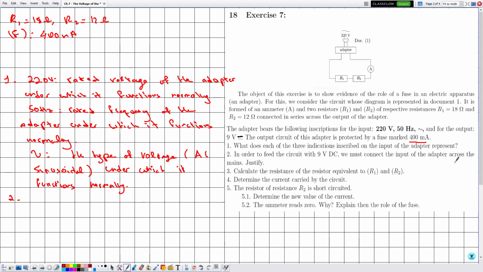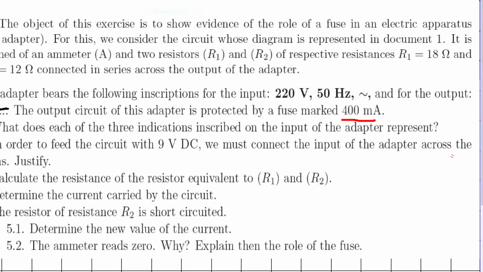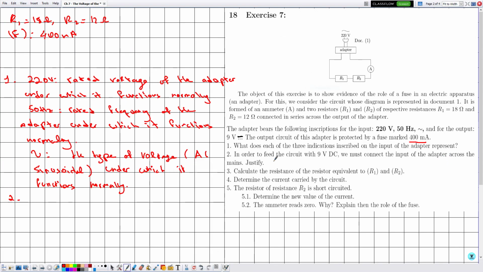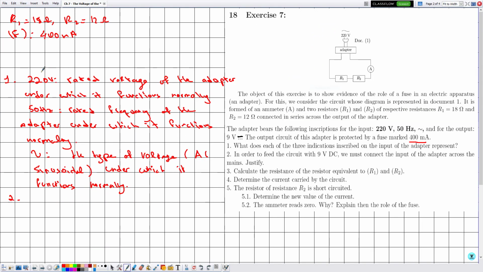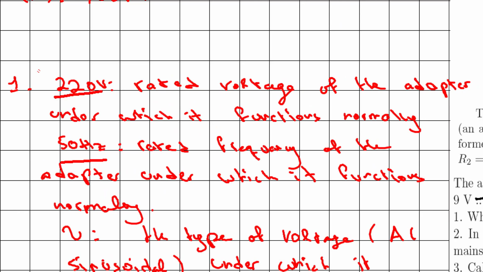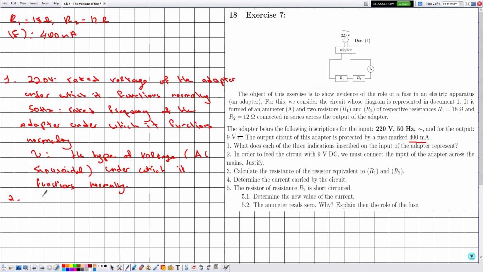Now in number 2, in order to feed the circuit with a 9 volts DC, we must connect the input of the adapter across the mains. To justify: so this is the circuit. In order for the circuit to be fed by 9 volts DC, which is the output here, this is the input, and the input must be across the mains. Why? Because this must be connected to the wall outlet of the mains, so this must be plugged here. Now why? Because we know that the voltage of the main supply is 220 volts, 50 hertz, and it is AC sinusoidal. So let's say since